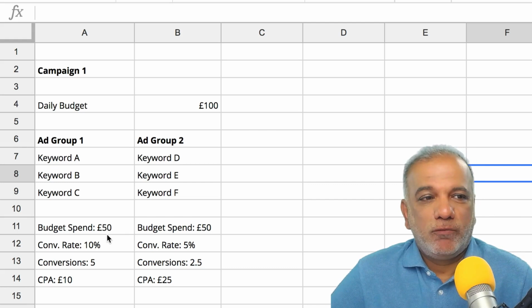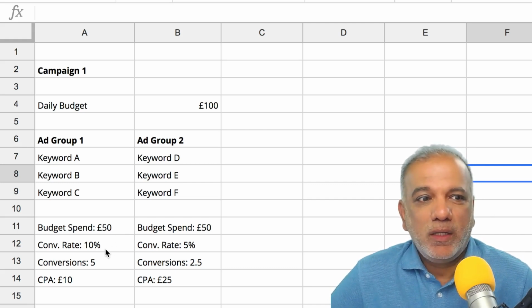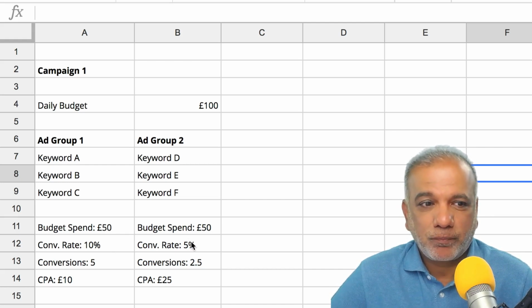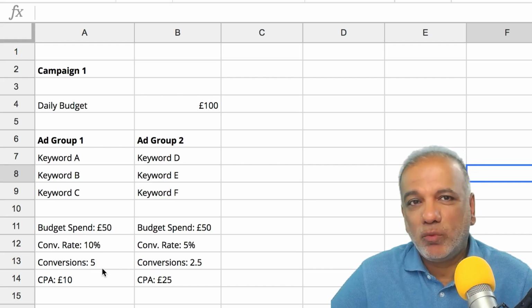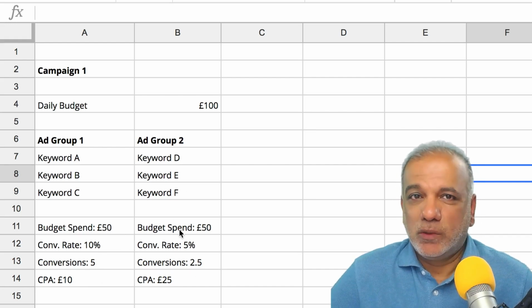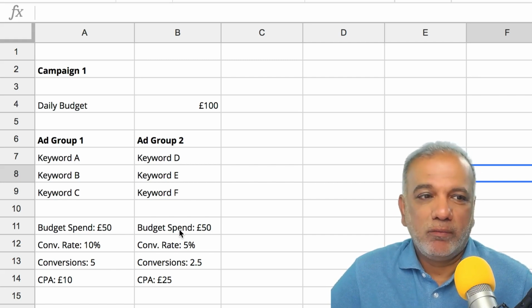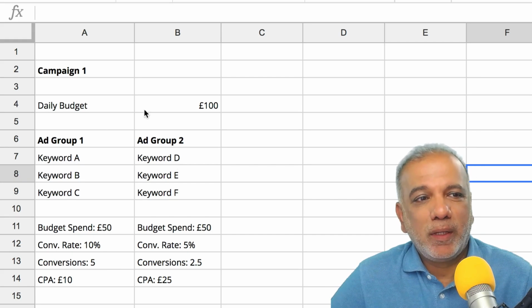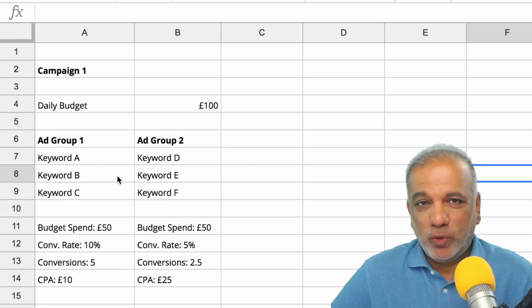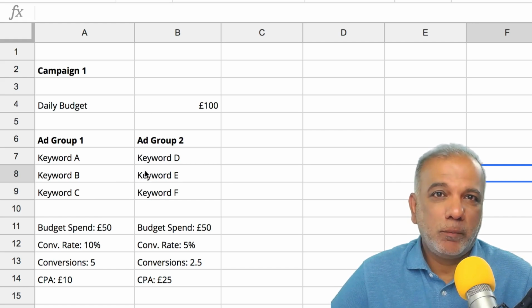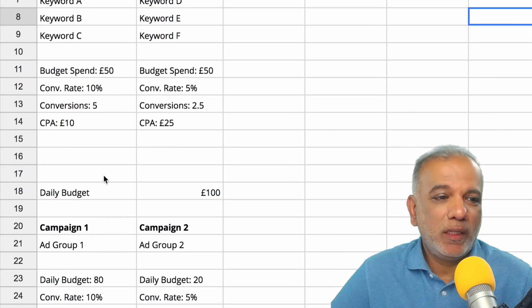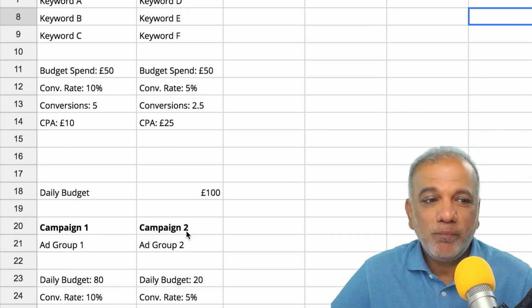However, we can see from our data that ad group 1 is converting at double the rate of ad group 2. So we can work out the stats over here and we can see that we are getting more conversions, and ad group 2 is not converting as well as we would like. So instead of carrying on running this campaign the way it is right now, what you want to do is split these ad groups by campaign,